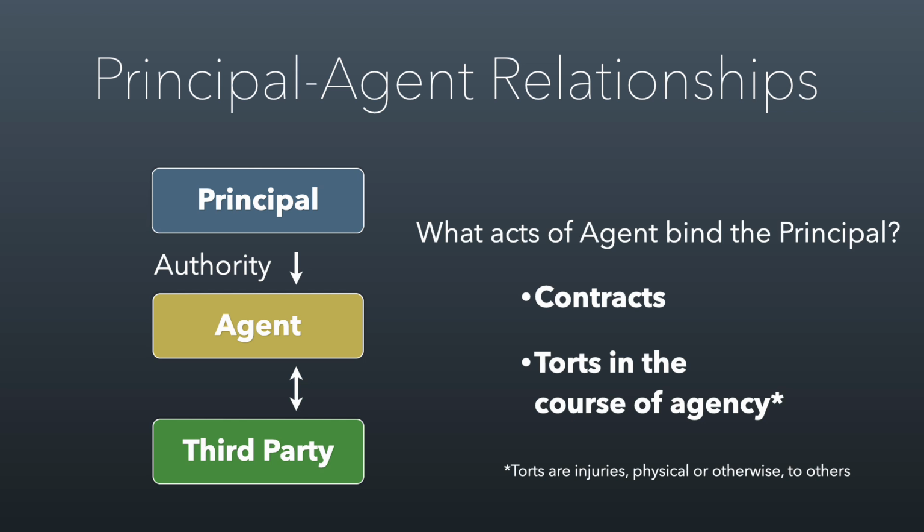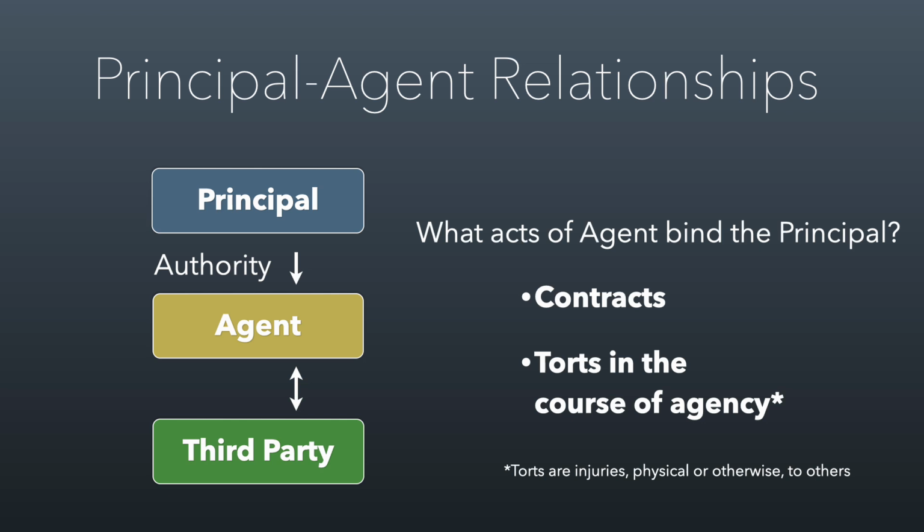But what about contracts? Let's pretend that Stanley orders a pizza and then goes to the restaurant, and the restaurant owner turns his back, and Stanley thinks, you know what, this is free pizza. So he takes the pizza, doesn't pay the owner, keeps the money for himself. And then the restaurant owner says, hey, Stanley, you owe me money for that pizza. And then he also decides to sue the study group for the value of the pizza.